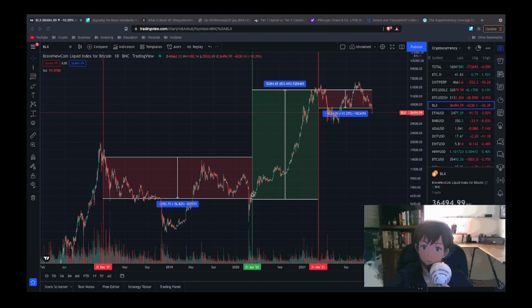But let's just say you bought back in at this green box and then rode up until this red line that we have up here. You would have made over 800%. And you could see you pretty much captured that whole move that we just had in this Bitcoin bull market. And if you sold at this red line, you have,